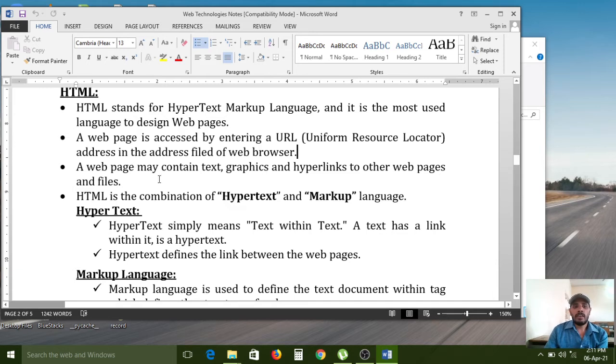A web page may contain text, graphics and hyperlinks to other web pages and files. For example, if you want to develop any website, what information do you have to put in it? Maybe, according to your knowledge, movies, images, some education information, because you are a student.